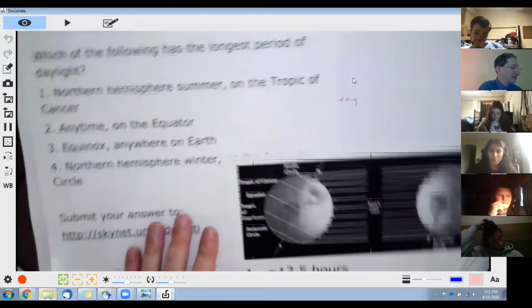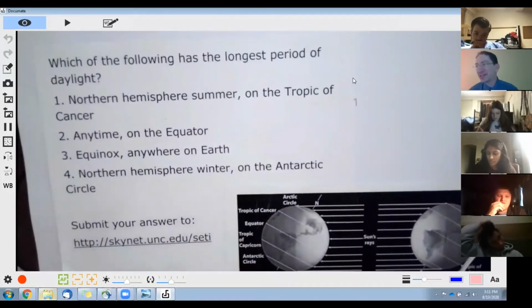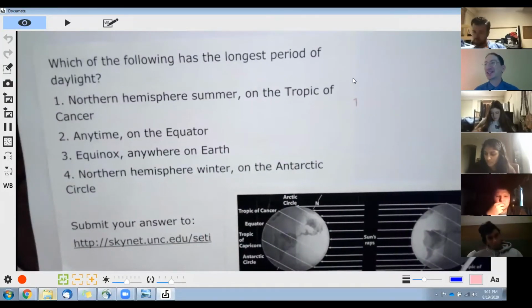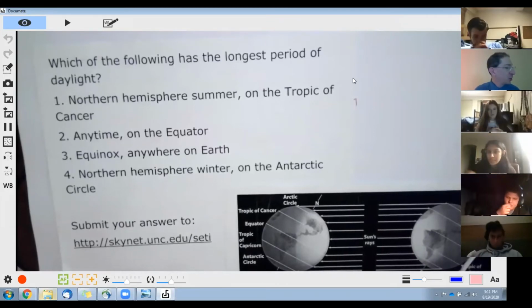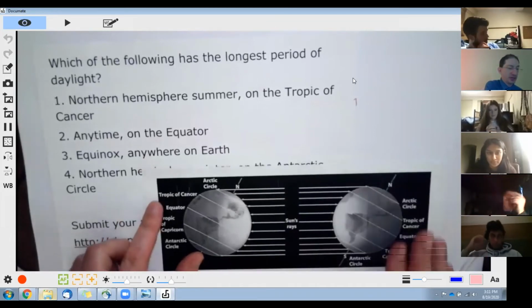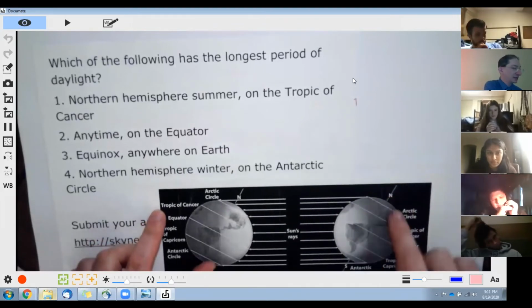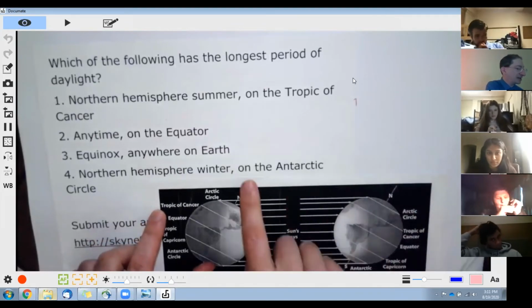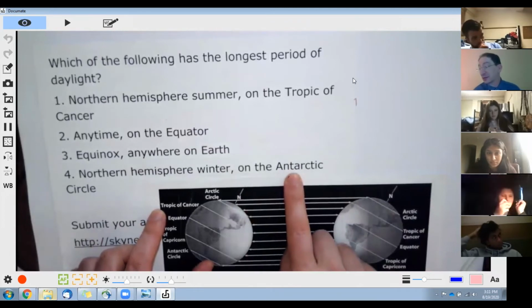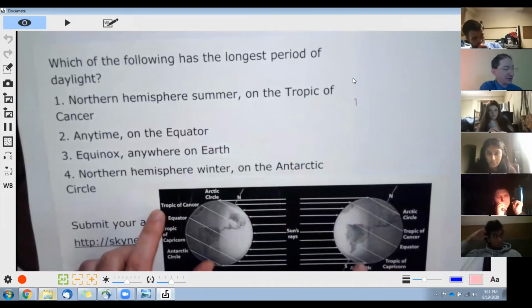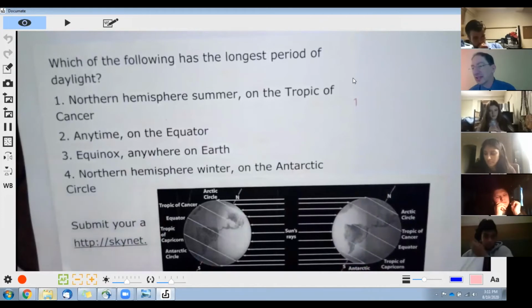The last one, that was the challenge part of this. It's not a trick question. I never give trick questions, but this is the challenge. It's a challenge question, to see if you really understand the terminology. Northern Hemisphere winter, so we're talking about this, but when it's winter in the Northern Hemisphere, I'm asking you to consider the Antarctic circle, not the Arctic circle. The Antarctic circle's down here, and there you can see it's 24 hours of day, because it's their summer when it's our winter. I think y'all get that now.